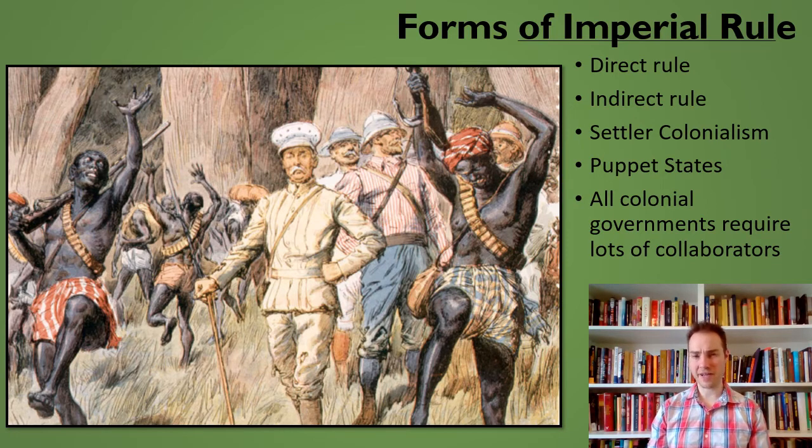The idea of divide and conquer, right? You play different groups off each other. Or the British in India, right? They made the caste system even more official, and they tried to encourage one caste to see themselves as better than the others and to work with them exclusively, all these sorts of things. So there's a sort of collaboration required. If local people never participated in any way, imperialism and colonization wouldn't work. You need the help of lots of local people to do it.